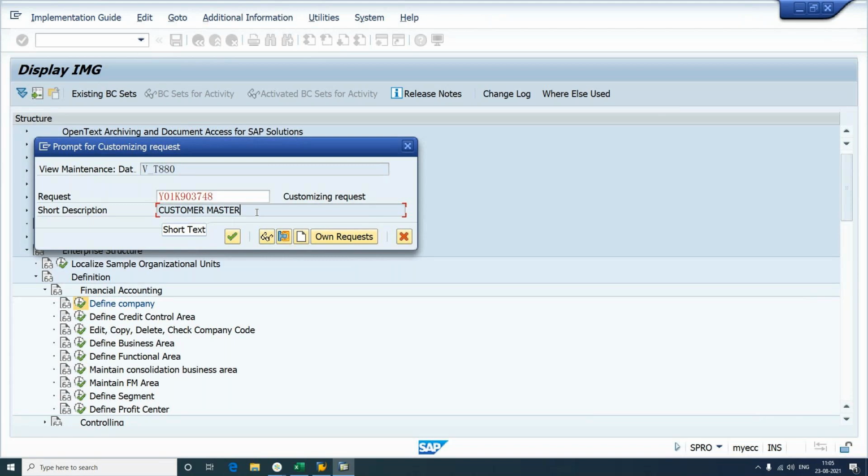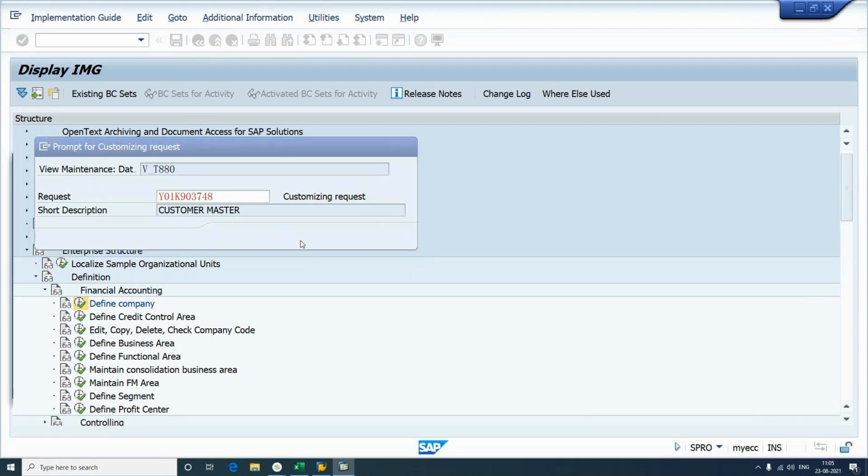So if you want to create your own request, then how to create it? We have an option by the name new request over here. You need to click on this particular icon, create request. In case you want to create any new request, simply click on this one. So if you click on this,